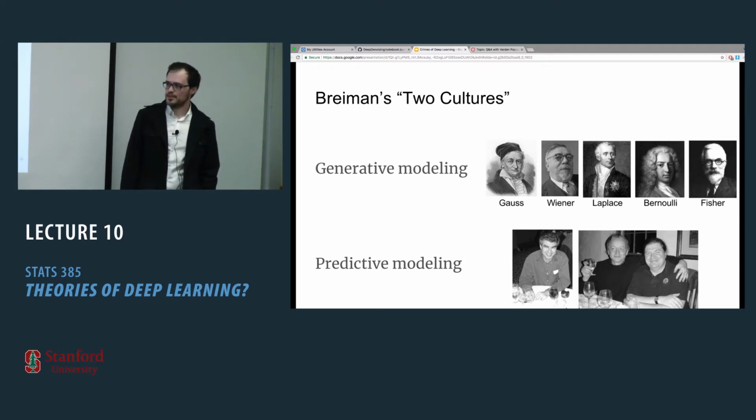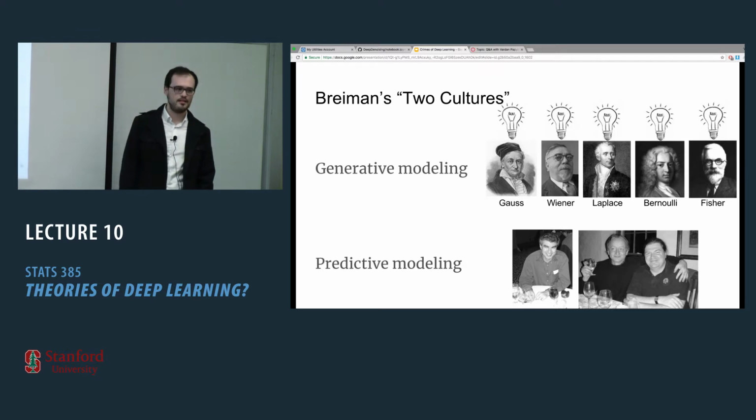Now, the main idea of generative modeling is to actually understand how the data was brought to life and how to actually operate on it under this understanding, basically. And the goal of predictive modeling is to win competitions. Now, in this course, we're all about understanding, so we're going to talk from now on about generative modeling.